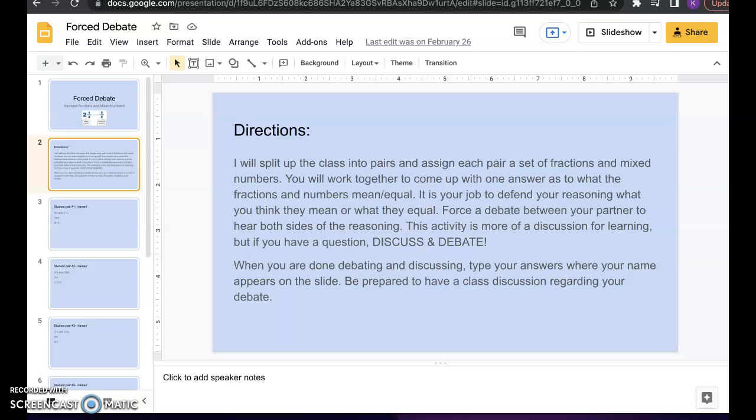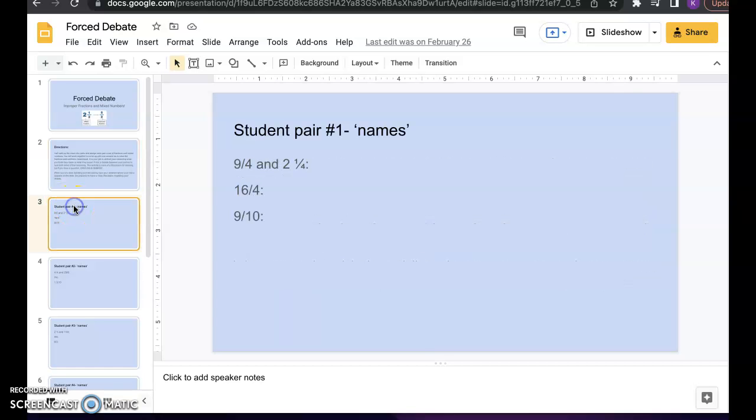This activity is more of a discussion for learning, but if you have a question, please discuss and debate. When you are done debating and discussing, type your answers where your name appears on the slide. Be prepared to have a class discussion regarding your debate. So I've split you guys all up onto the slides in these Google Slides, and I've given you all a couple